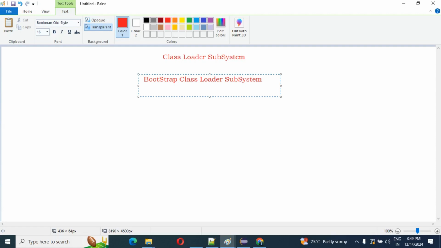There are three types of class loader subsystem in our JVM, and this is the first one, the bootstrap class loader subsystem.